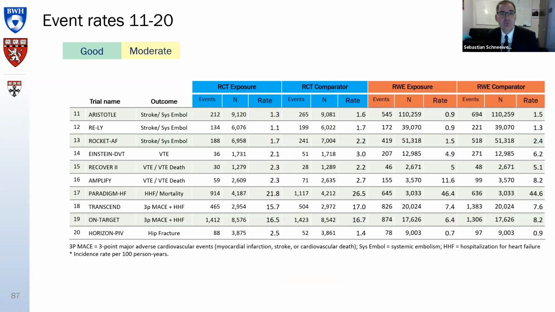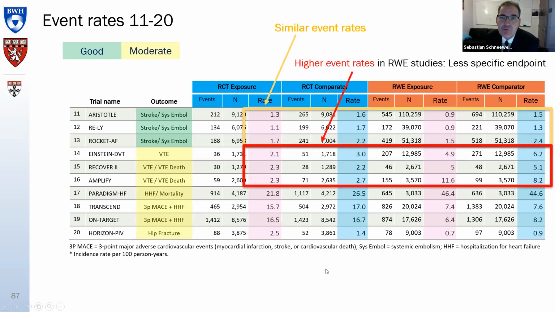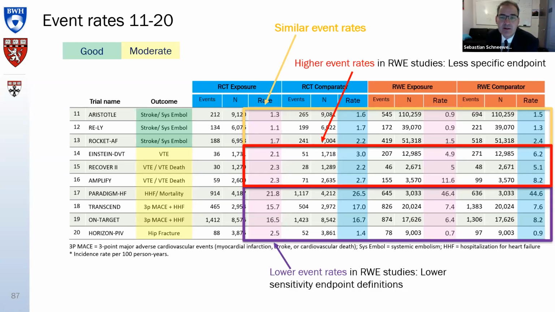The next batch of 10 randomized trials, where we see, again, in the first 3 trials, we see very similar event rates in the direct oral anticoagulants in patients with atrial fibrillation for stroke prevention. I mentioned already that we felt very comfortable in the outcome emulation for all strokes. The next set of 3, we found higher event rates in the real world evidence study because we had these less specific endpoints, and then the lower event rates in the real world evidence studies because we have the lower